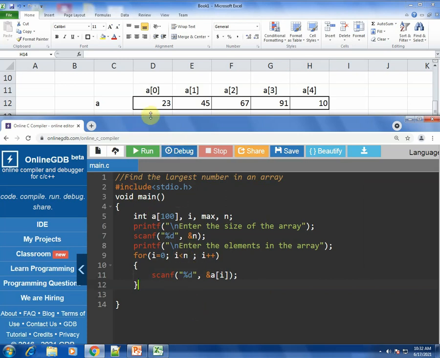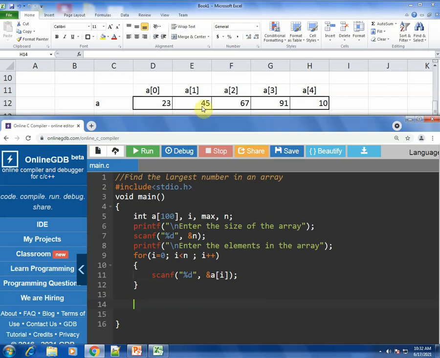So as you see, I have on top stored one example to show you. If the array has 5 elements, the size of the array basically is 5, then in that case this is how it would be stored, and this is how the input will be taken from the user. The next thing you have to now do in this program is to find the largest.